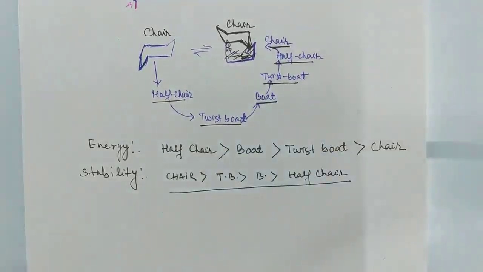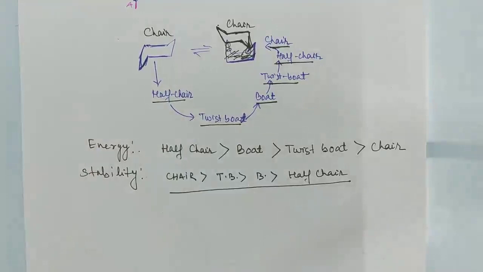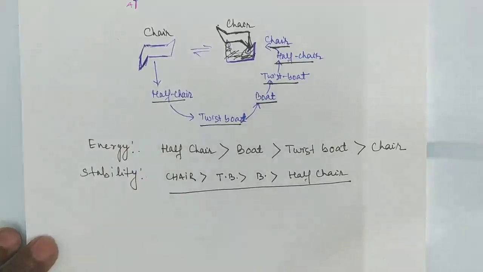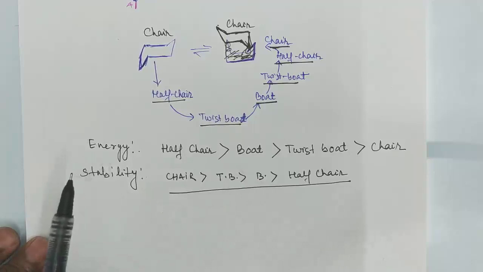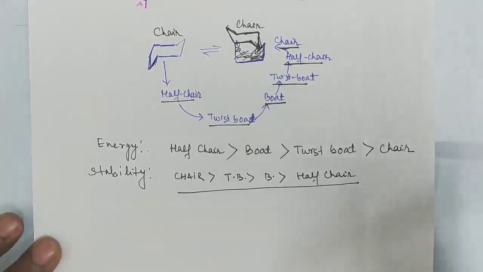Remember this. That's why I have given this diagram. So chair to chair interconversion, or you can say ring flip flap, is taking place via this way of conformation, right? So this is your conformation in cyclic systems. Okay, so this is all about conformation and conformational analysis of simple cyclic molecules and acyclic molecules.